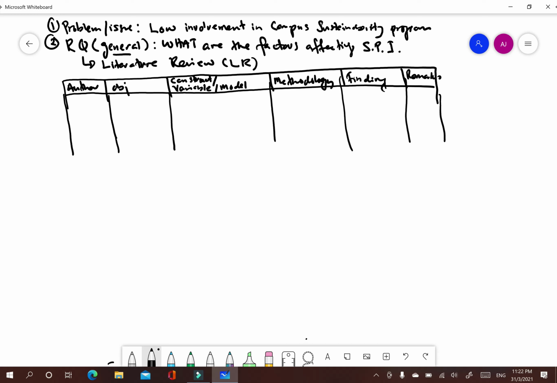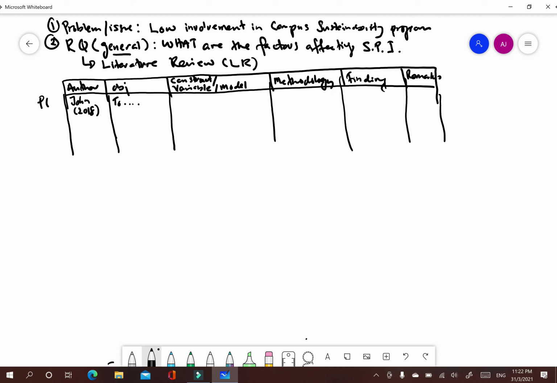Okay, so for example, paper 1, the author, for example, maybe John 2018, and then you write down here the objective of the paper.